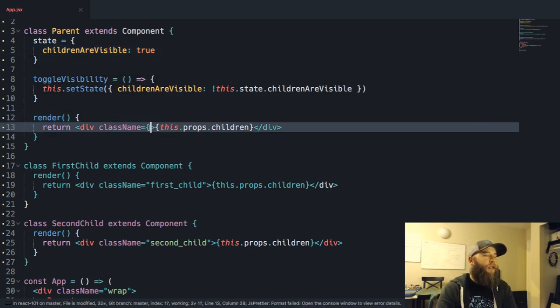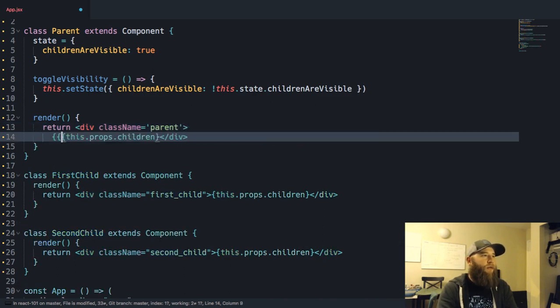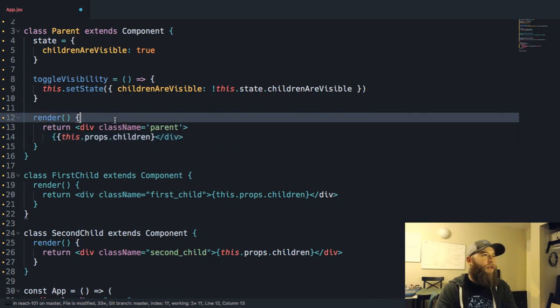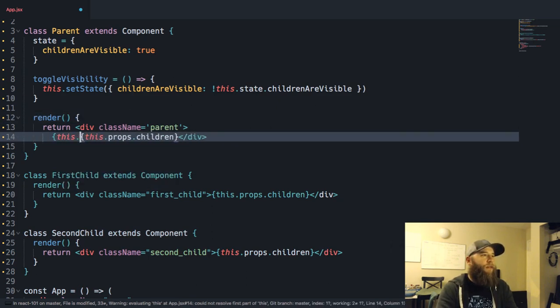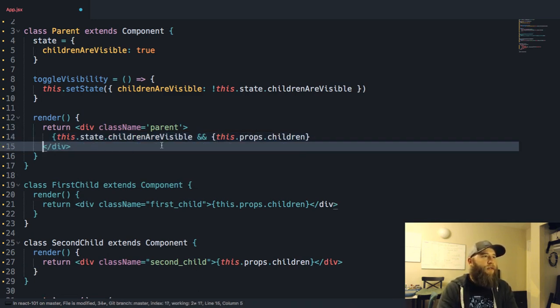And then this can stay parent, but what we'll do is, you know what, we'll do this.state.childrenAreVisible, and this.props.children. Otherwise, it'll self-close.